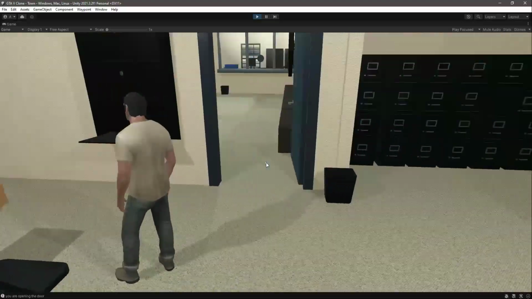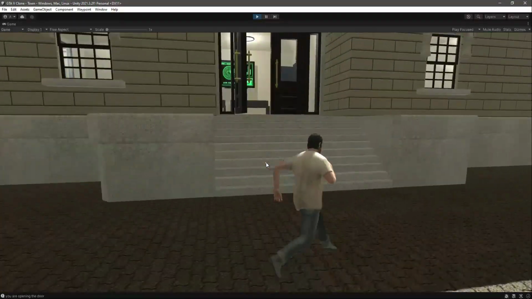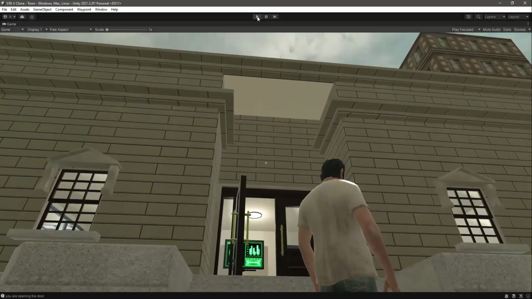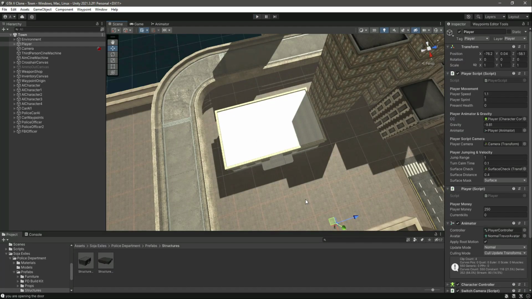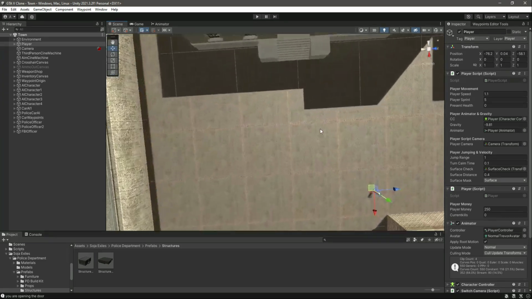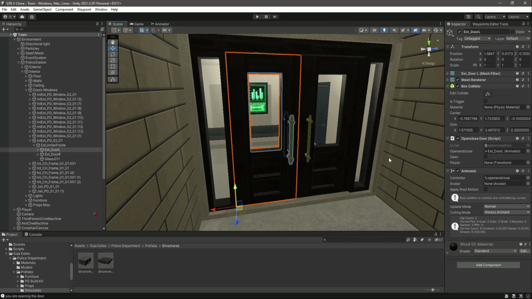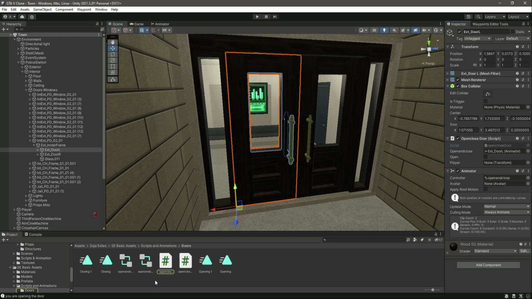Okay, and if the opening door system doesn't work for you, then let me tell you one thing about this. Let me close the game. So as you know, our player has a tag player, and it is also on the layer which is by the name of player. Now if we check this door, as you can see, this door has this script which is by the name of open close door. And if we now open the script,